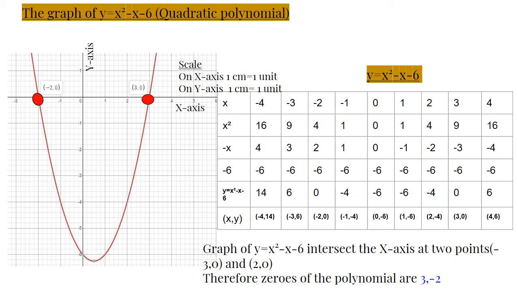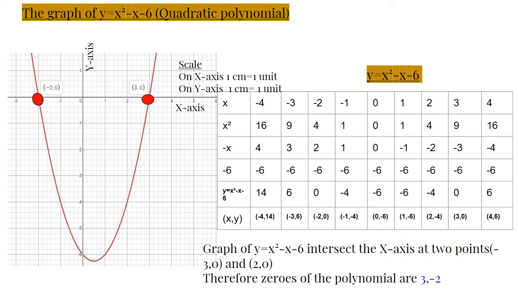And observe the next step here. If we substitute minus 3 in place of x, we get x square is equal to 9, and the second term, minus of minus 3, is equal to plus 3. So 9 plus 3 is equal to 12, 12 minus 6 is equal to 6. So the ordered pair is minus 3, 6. Similarly, if we substitute minus 2, minus 1, 0, 1, 2, 3, 4 like this, we will get the ordered pairs minus 2, 0, minus 1, minus 4, 0, minus 6, 1, minus 6, 2, minus 4, 3, 0,